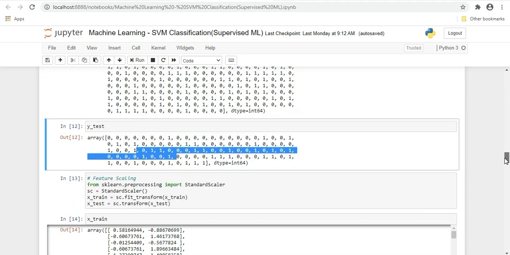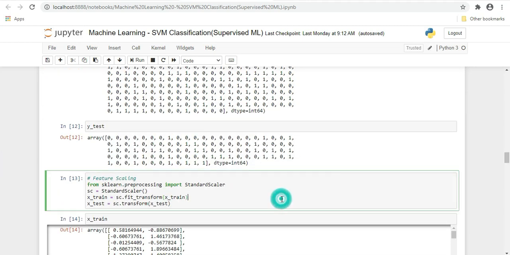Okay, now we will do the feature scaling. Again we will use the library sklearn.preprocessing. From this we will import StandardScaler. This is a class. We created an object of it, or we can say a variable on which we will store this. Now StandardScaler.fit_transform on x_train.